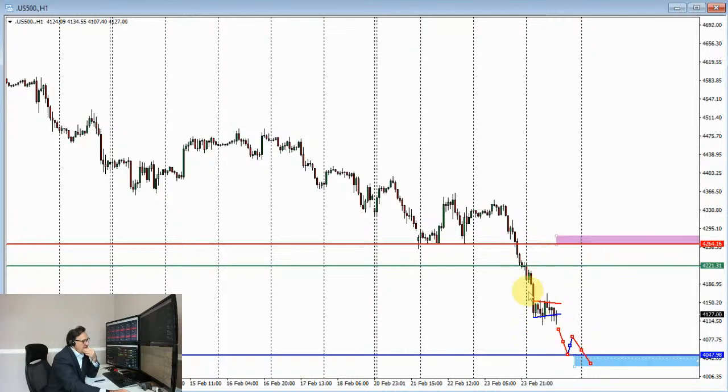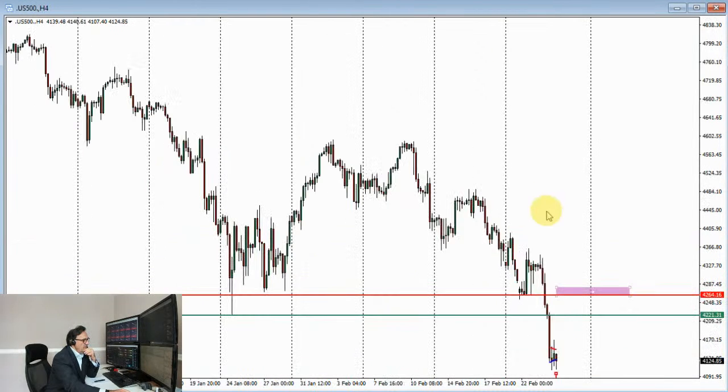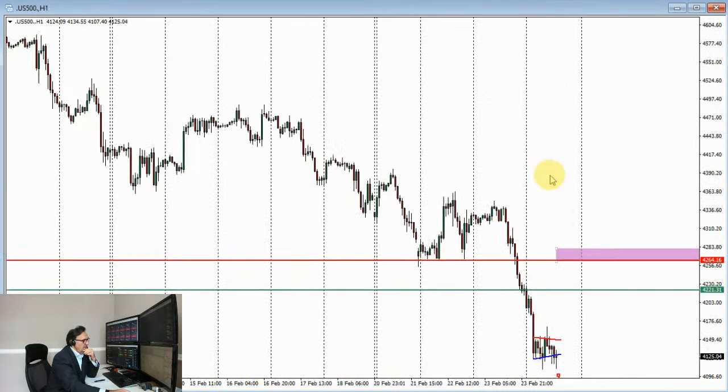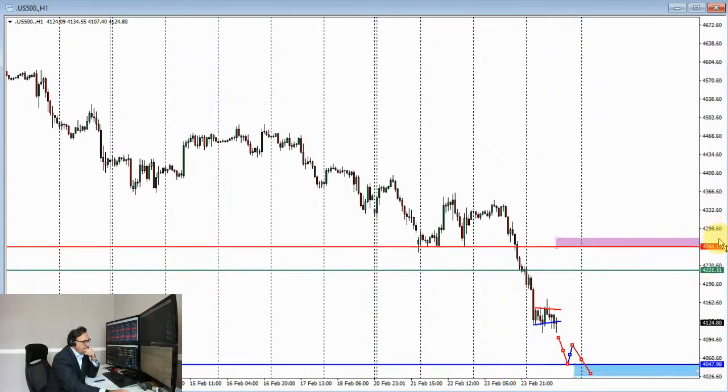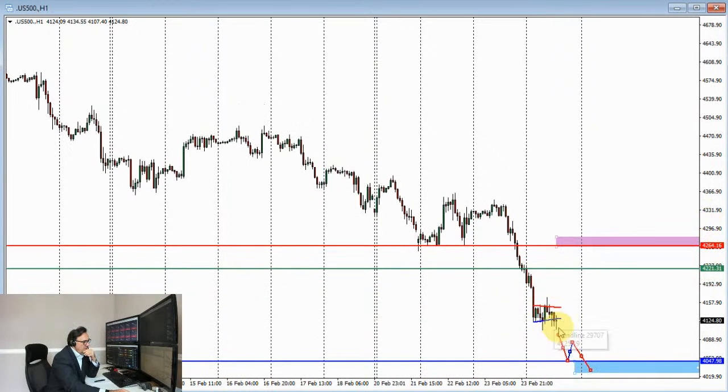This pattern here is a holding pattern because we are coming fairly close to the US Open. US markets will be open in about 32 minutes from this point in time. And if they do, there are a couple of scenarios which can play out, okay? So the first scenario is that we could see